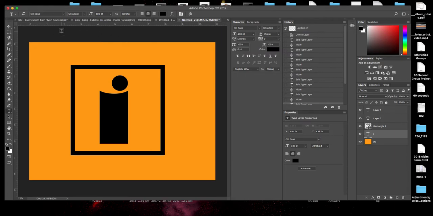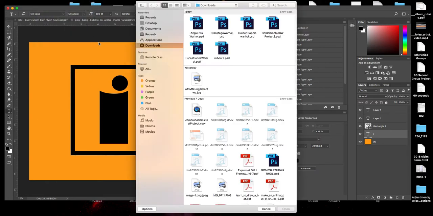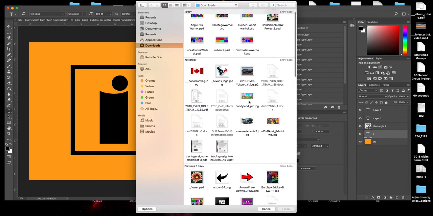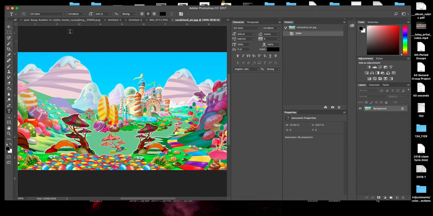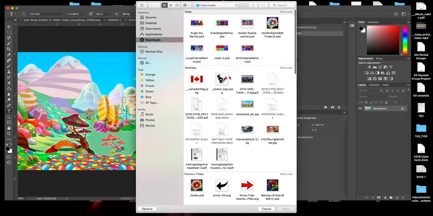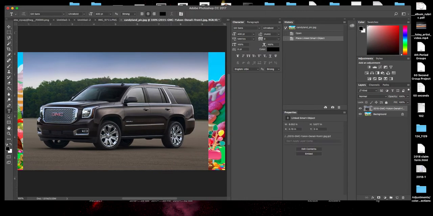So if I go into Photoshop and I go to File and I go to Open, I'm going to get my, there it is, my Candyland picture. Okay, and I can zoom in a little bit. Next, I'm going to say File, Place, Linked, and I'm going to go get my car. All right, so from here, I'm just going to hit Return, and I'm going to go get my magnetic lasso,